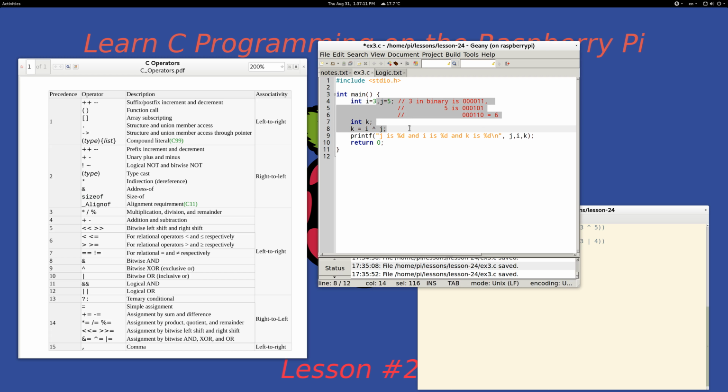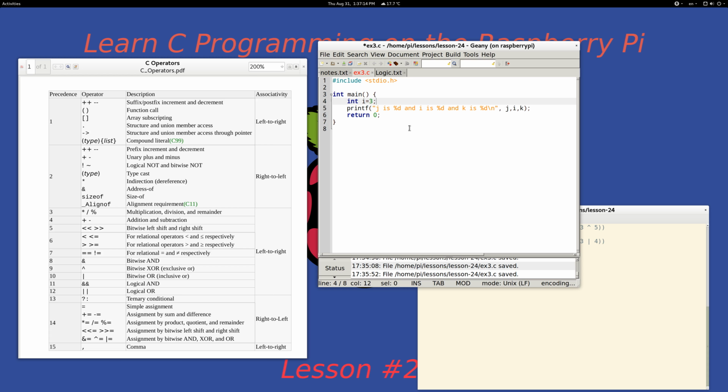well, let me get rid of all this stuff here. I'll say int i is equal to 3, float j is equal to 4.2, and so I'll say printf, "sizeof i is %d, and sizeof j is",